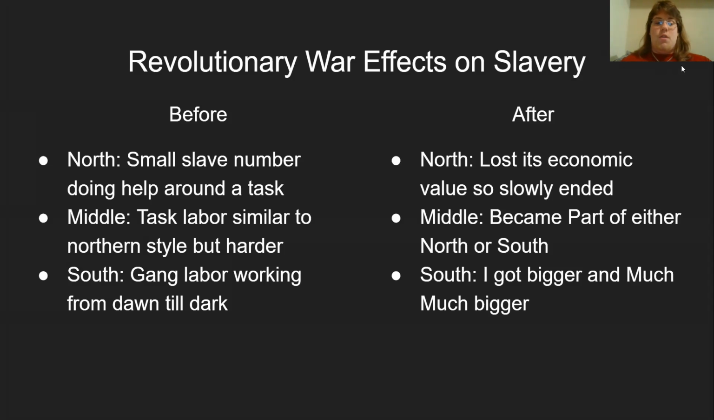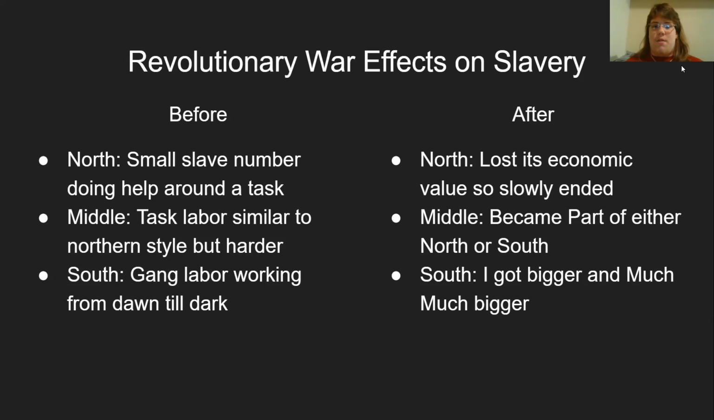Before the Revolutionary War, the North had a small slave population, helping around with tasks such as cutting down lumber, hunting for furs, or loading ships. The middle colonies had a larger population of slaves, and they were doing task labor. The owners of the enslaved would give them a task or a list of tasks to do in a day, and once the tasks for that day were done, the rest of the day was theirs. They could have jobs to earn money and maybe purchase their freedom, or they could have their own gardens,